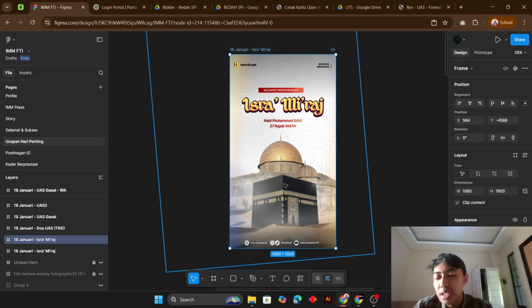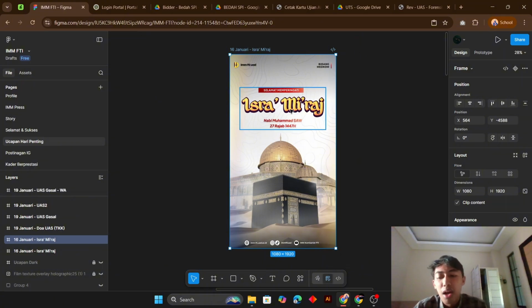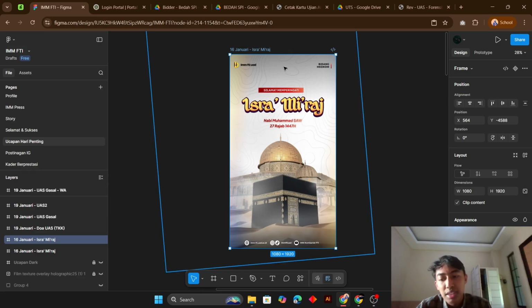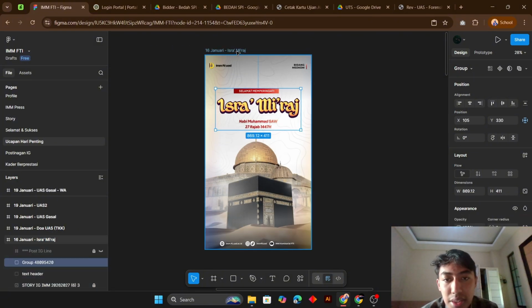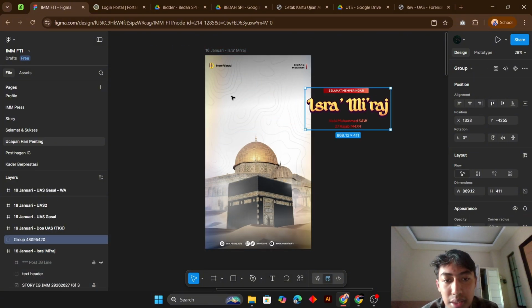I imported a typographic color pattern and set it to a very low opacity, and this adds texture without distracting from the element components. This is where we can move it first. This is a pattern of the design.